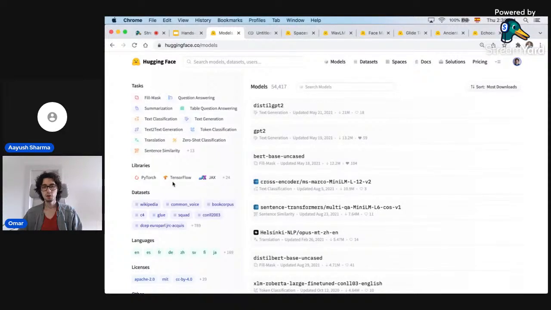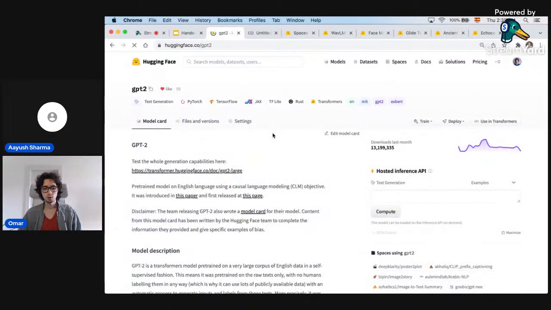Or if you're interested in models for a specific language, you can filter. But anyways, we have talked a bit about models, so let's just jump directly to one and see what a model actually is. So there's a very famous model which is called GPT-2. Let's go to it. And what you see here is a model repository.